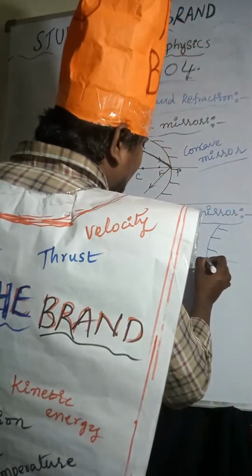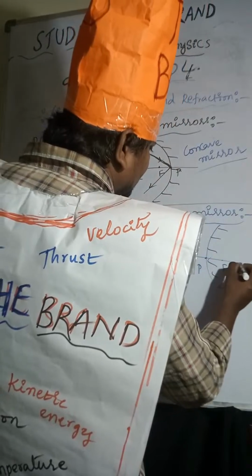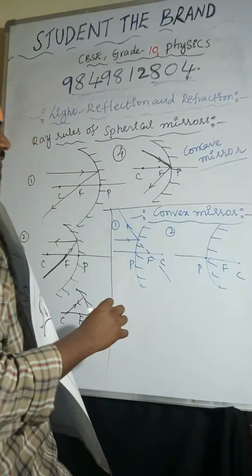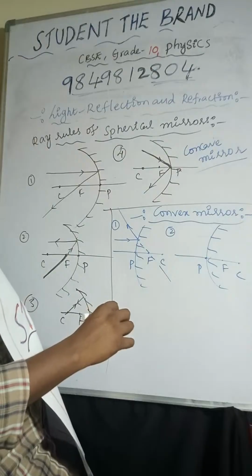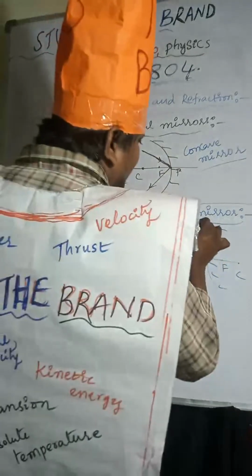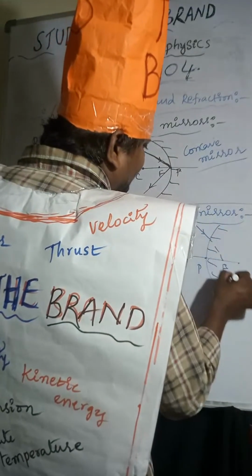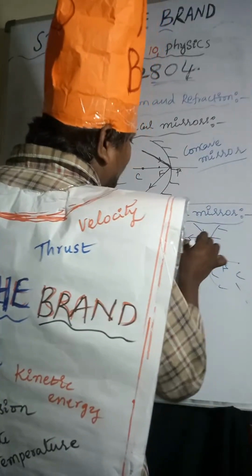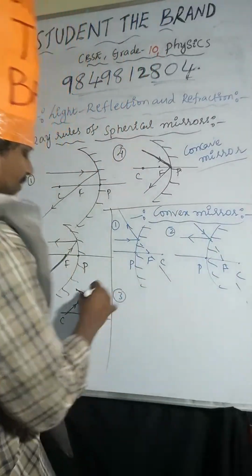so pole, focus, center of curvature. Light ray is coming from infinity. After reflection, it moves towards infinity. And coming to the third one,